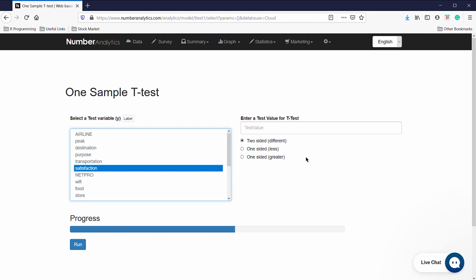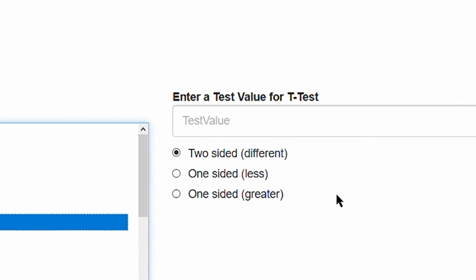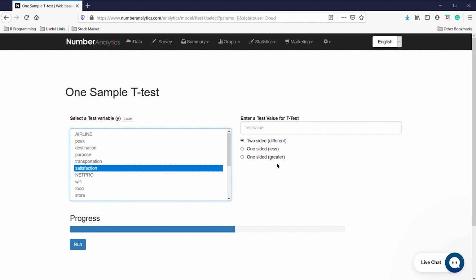If you want to check whether the mean of your test variable is different from your test value, then choose two-sided. However, if you want to check whether the mean of your test variable is greater or less than the test value, then choose accordingly. With our SFO 2018 example, we will compare the mean of overall satisfaction between 2018 and